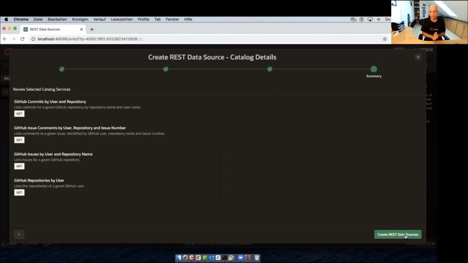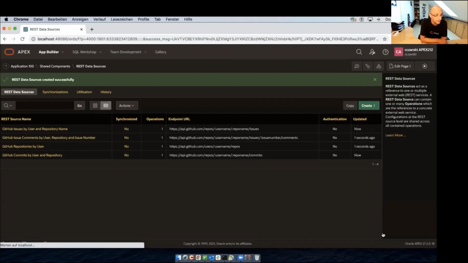So all these REST APIs are unauthenticated. You can also store the information in the catalog whether a REST API requires authentication. But as always, of course, sensitive credentials will not be added to the catalog, right? So we can review what we did, go back if we want to change, or simply create it. And what we now have is a collection of